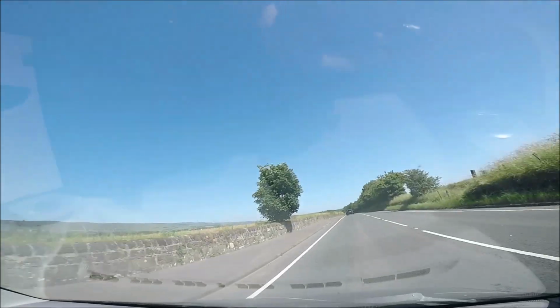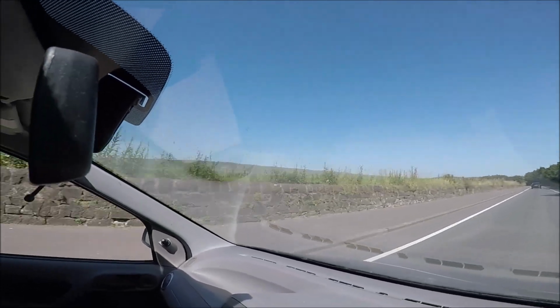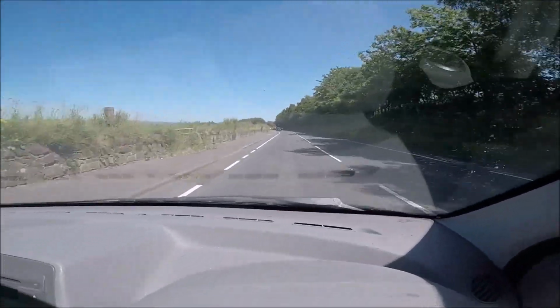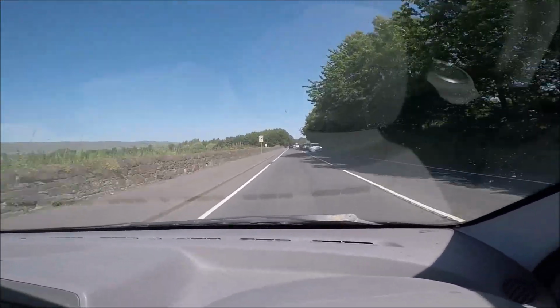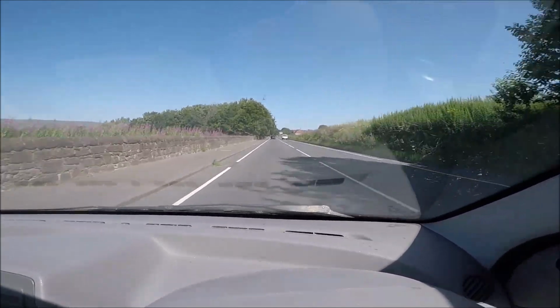But wow, look at that weather. There's no clouds. There's the Campsies. So my house is over there. You can't see it because obviously the hedge has just come up. We're just about to come up to a place called the Stables, which I've been at a few times in my boat actually. One time, me and my pal Michael, we were out in the wee boats, and